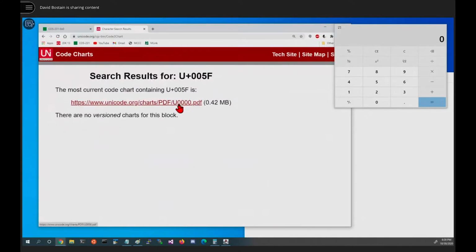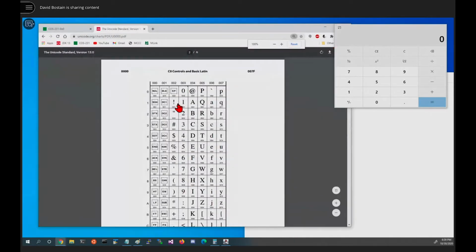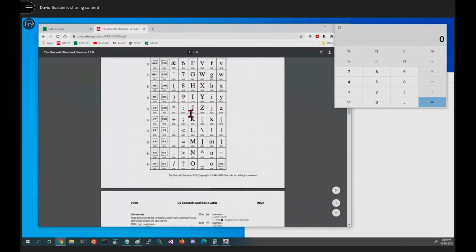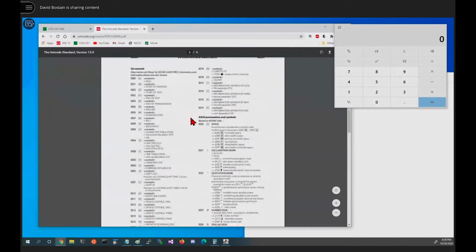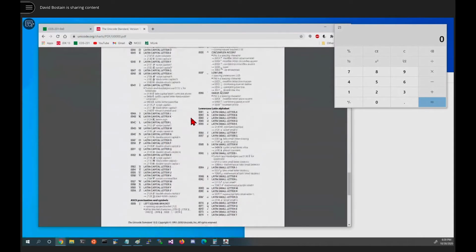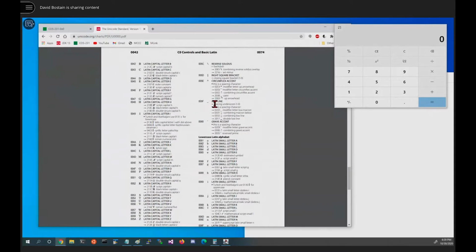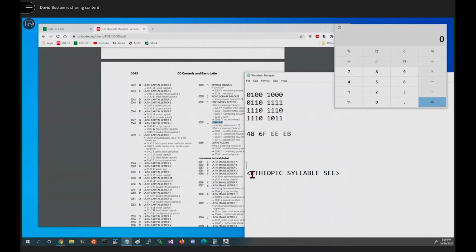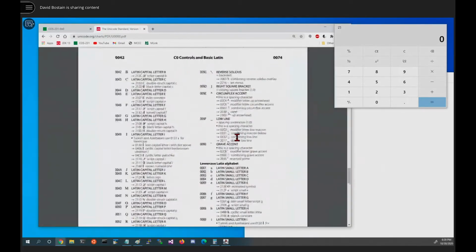Okay. It would give us a code page. Turns out it's an ASCII character, but we don't want your guess at what it is. We're going to go down here to the bottom and literally look up 005F. We see that 005F is called a low line. And that would be the answer that would go inside the parentheses here.